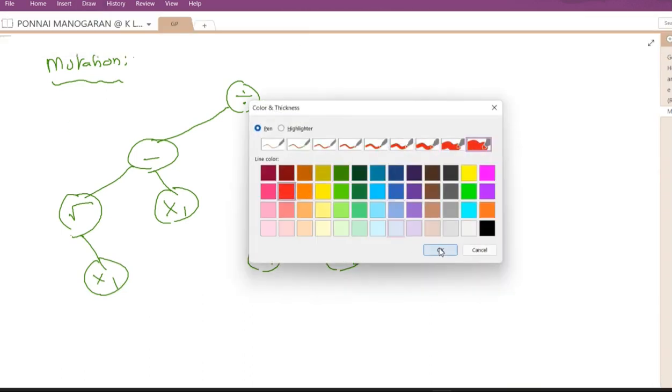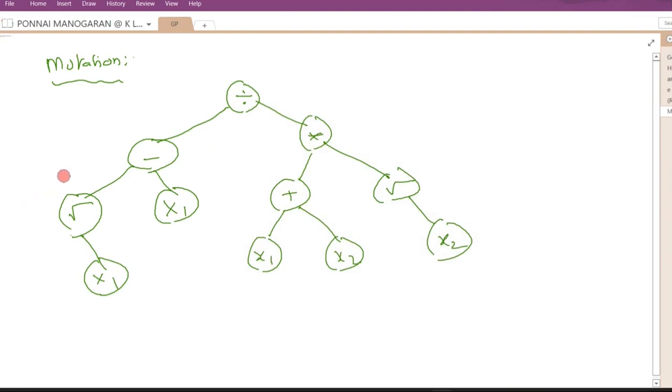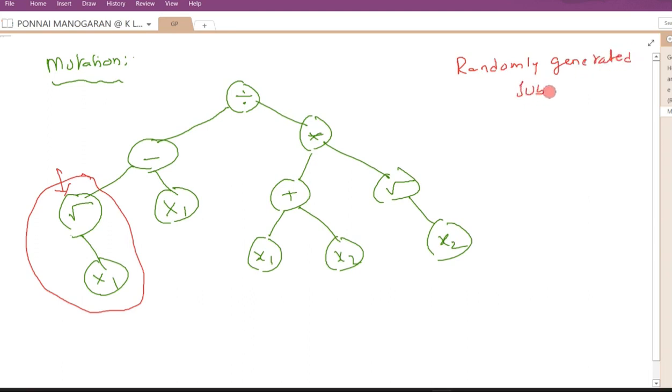Say for example, I am randomly selecting this node as a mutation node. So what I will do means, I will cut this subtree. Then I will add a randomly generated subtree. Let us suppose a subtree with the help of some primitives. Let us assume I got a subtree like this, star